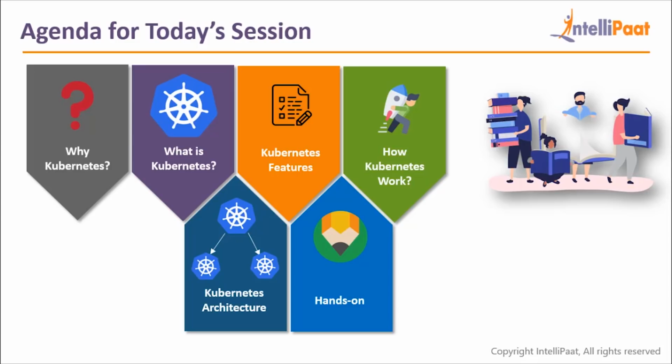So we'll start this session by first discussing why do we need Kubernetes and then move on to discuss what it is exactly. After that, I'm going to discuss its key features which makes it so popular and then move on to understand how does it actually work. After that, we're going to also look at the architecture of Kubernetes to understand how it works internally. Towards the end, we'll also do a hands-on so that we understand how we can deploy a sample app on Kubernetes without failing. So without any further ado, let's go ahead and start with the first topic of today's discussion,